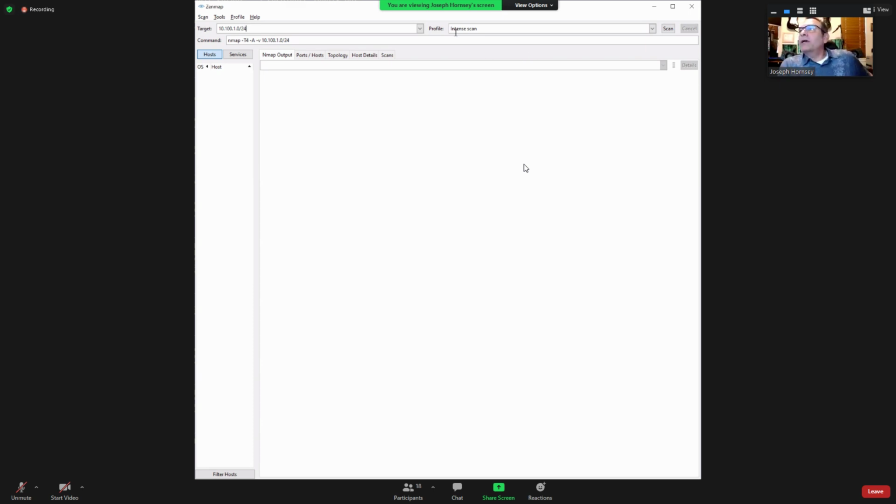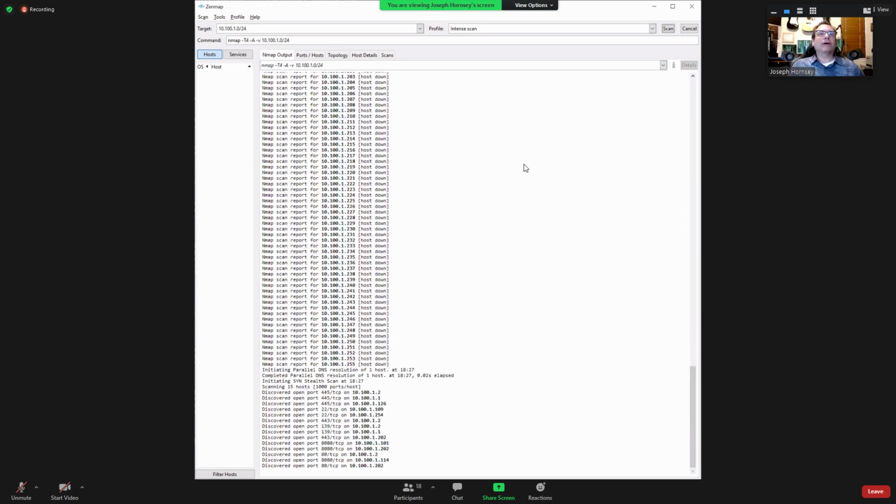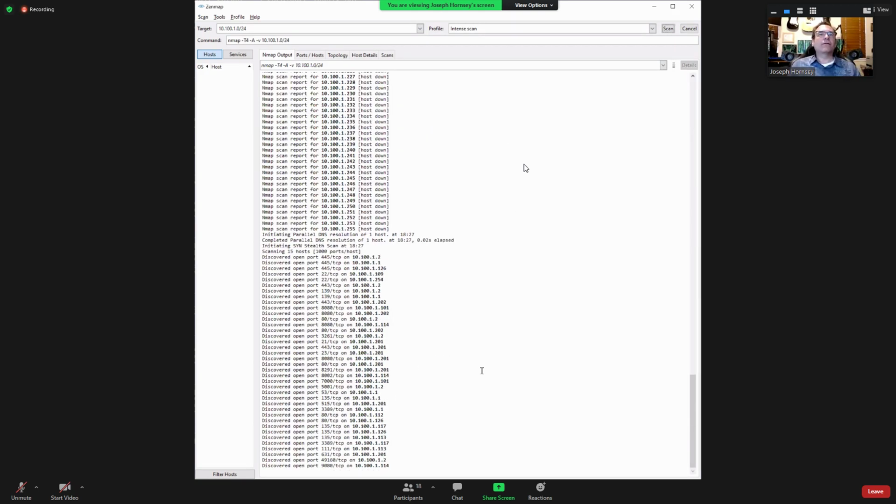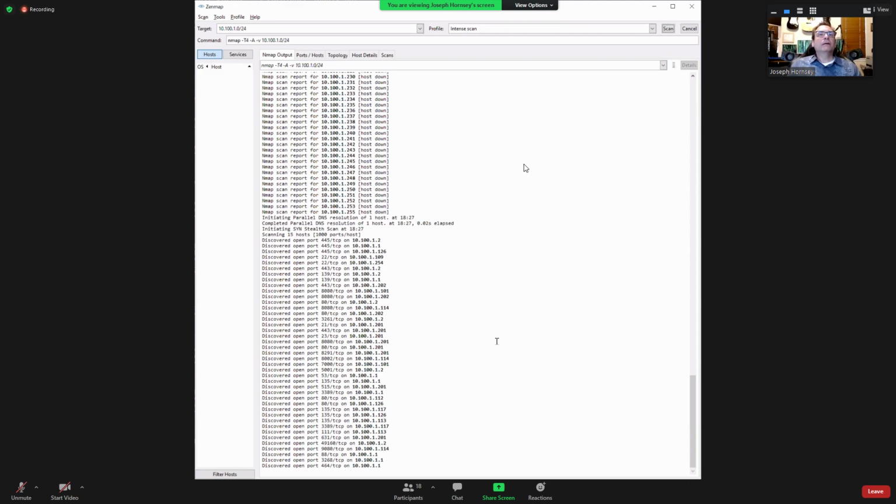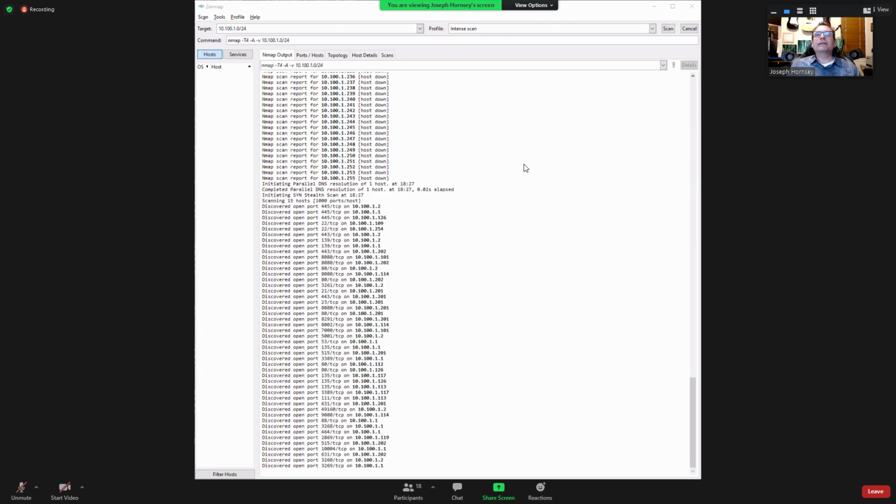All right, so I'm going to go ahead and run this, and we're going to see what all it can find. Okay, and so you can see there where it started, and you can see it's starting to do its thing. It's discovering ports and that sort of thing. But it is going to take a little while to run, so we're going to come back to this. So, going back to the slides,